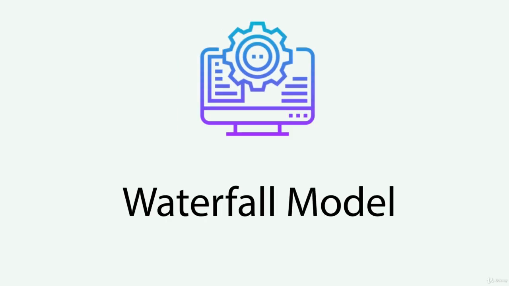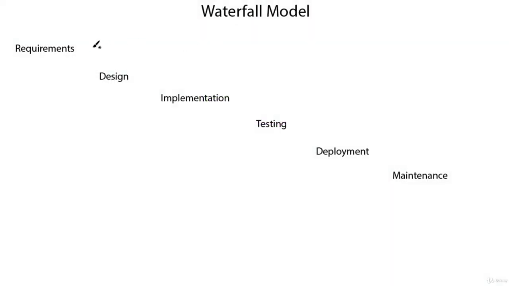The first major model we're going to be covering is the waterfall model. With the waterfall model, what we're doing is basically waterfalling from step to step to step. So we start in the requirements, and once we're sure the requirements are perfect, we move to the design. Then we move from there to the implementation once we're sure that's perfect, down to testing, down to deployment, down